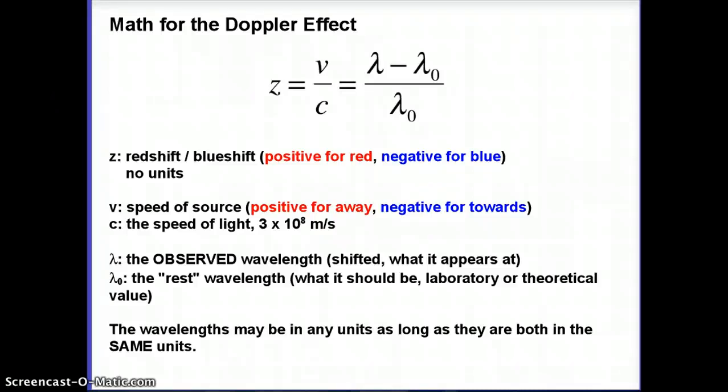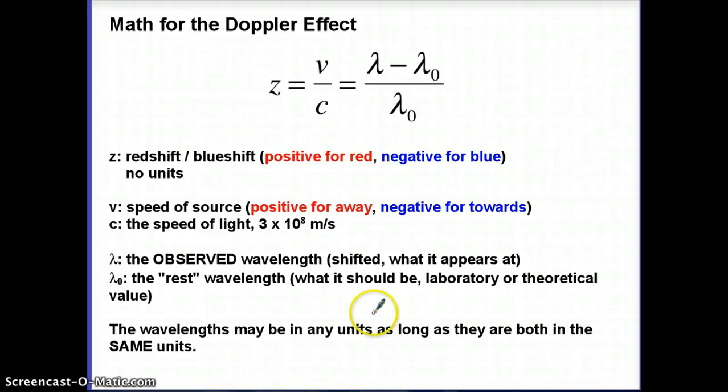And if you don't put the sign on it correctly, you may get it wrong. C is the speed of light. It's always 3 times 10 to the 8th meters per second. It's always positive. And then we have the two wavelengths, and this is another place a lot of people get